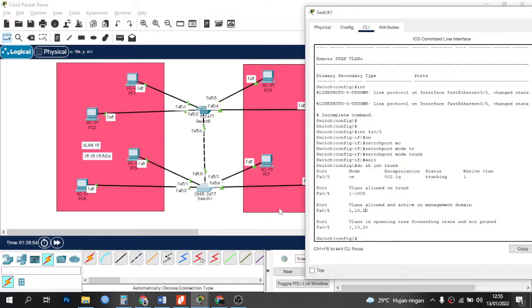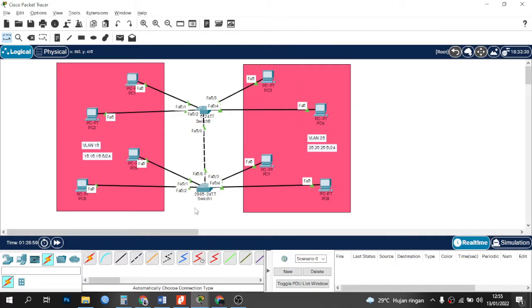Okay, now let's try to test ping between PCs that are in the same VLAN. Don't forget, friends, to add an IP first for each PC.